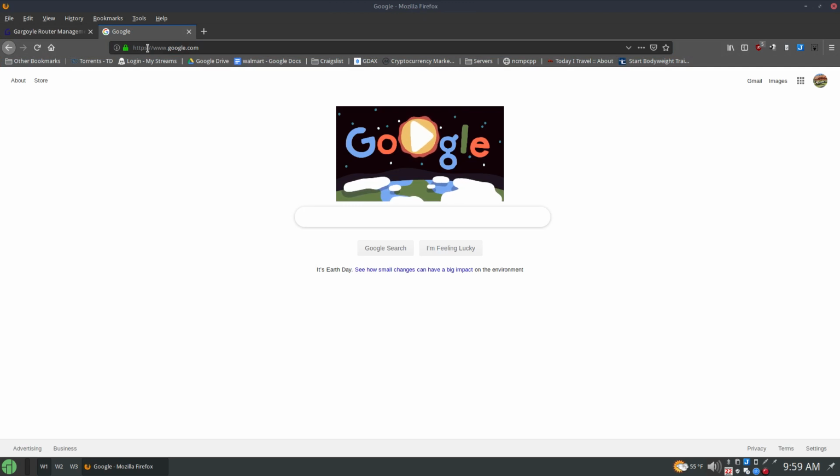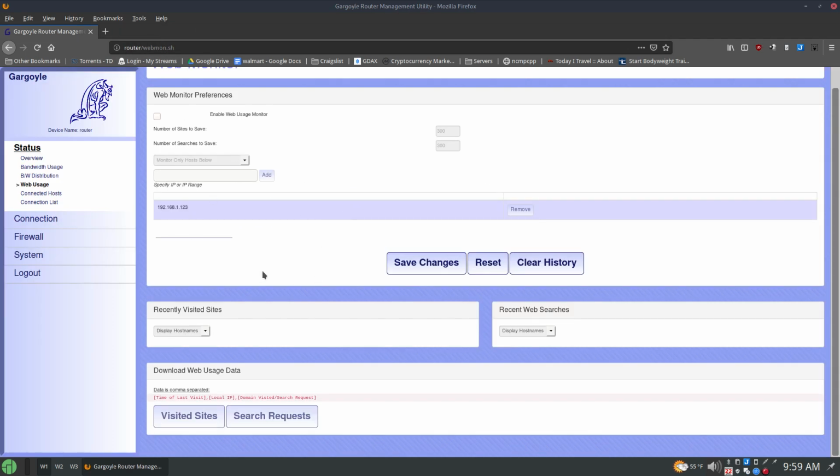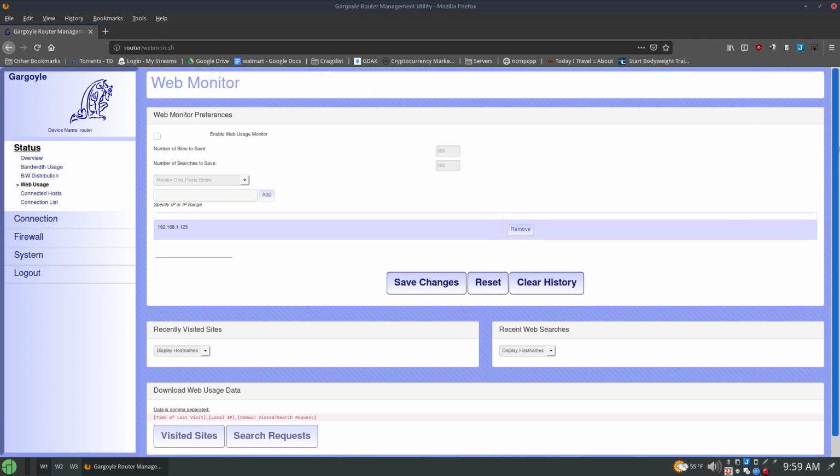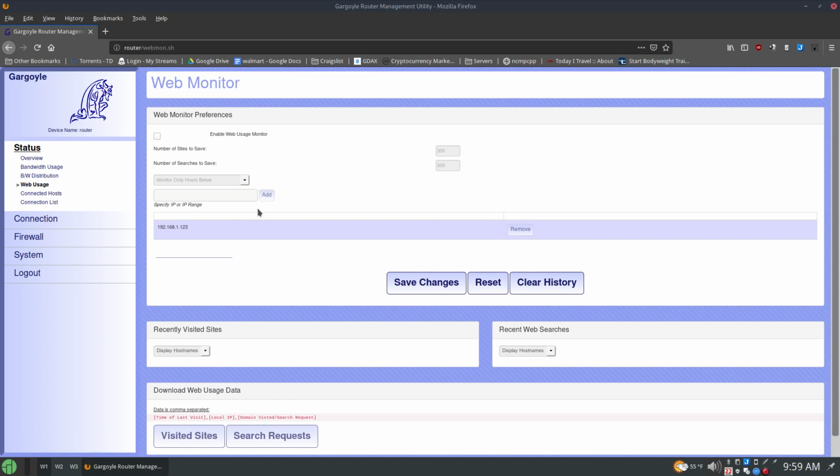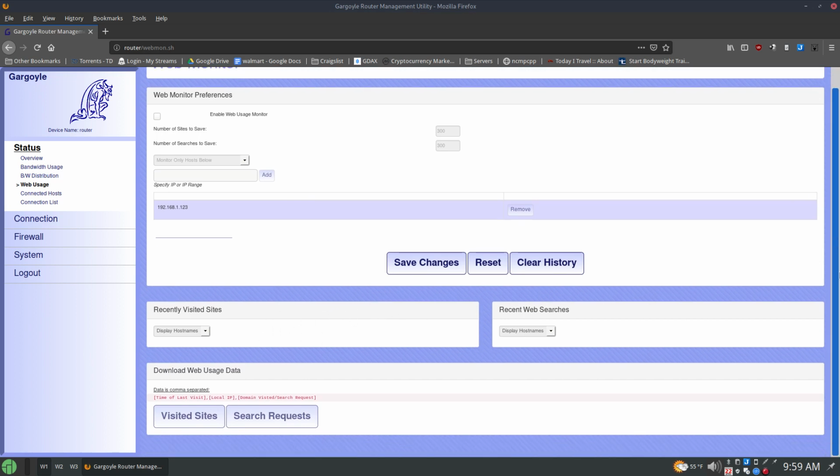If the website starts with HTTPS, then it's going to be encrypted and it's not going to be able to log it here. So it's only going to work for clear text sites. So this would be good if you have a kid and you want to make sure he's not doing anything stupid or going to sites that he shouldn't. You could sort of keep track of what he's doing here as long as it's not using SSL,